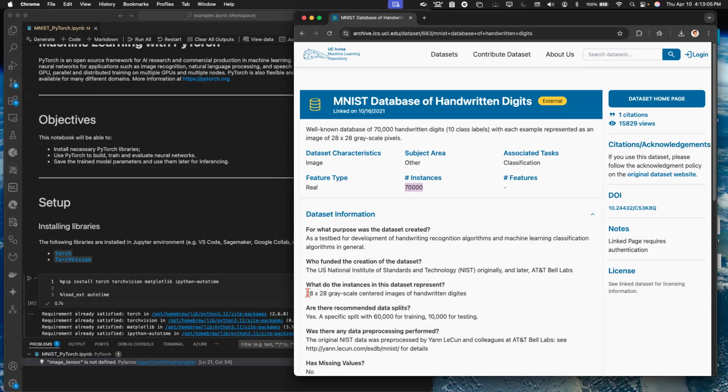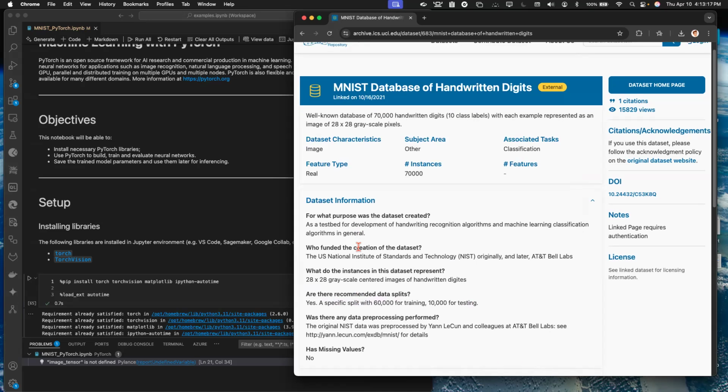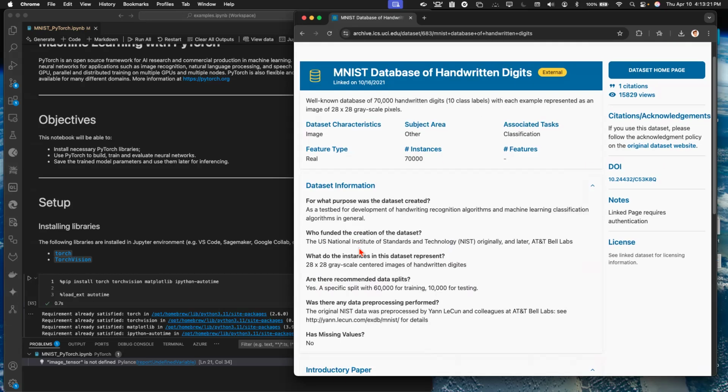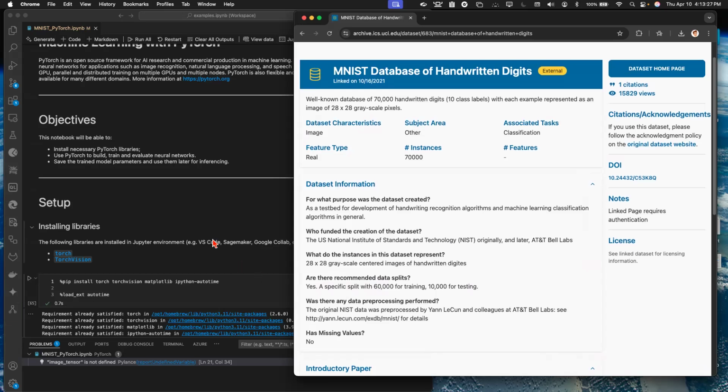Most of them are 28 by 28 grayscale images. It's also called out here: they split 60,000 for training and 10,000 for testing. This is a pretty good source of data, which I rely on, especially when I'm training people in machine learning models. So, keeping aside our data set,